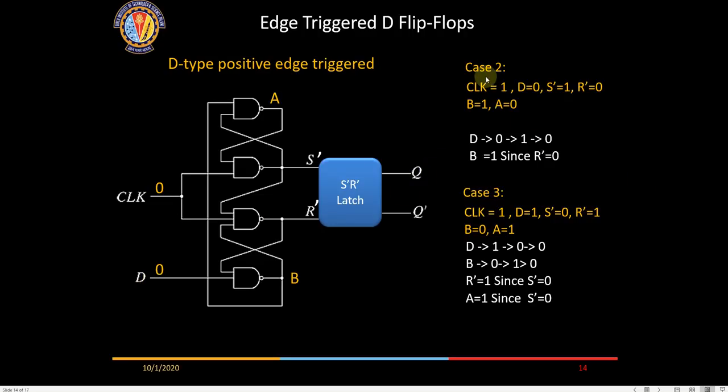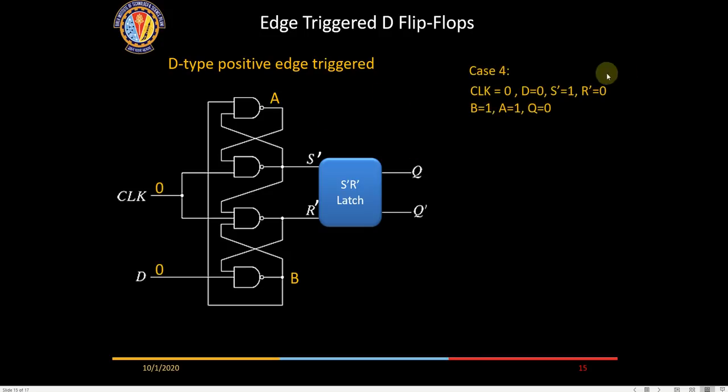So whenever the clock is high, in both these cases, whatever is happening in D doesn't get reflected at output. Similarly, when the clock is 0, whatever is the change will not get reflected. So when will the change get reflected? Only when there is a change in the clock going from low to high. So that we will see as the next case.